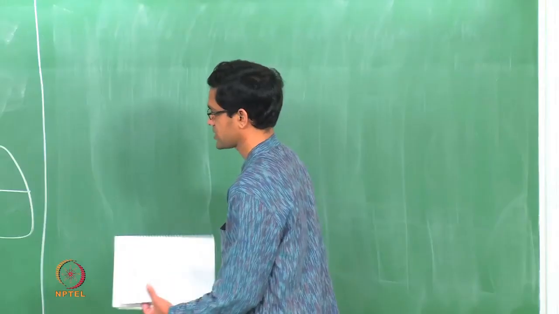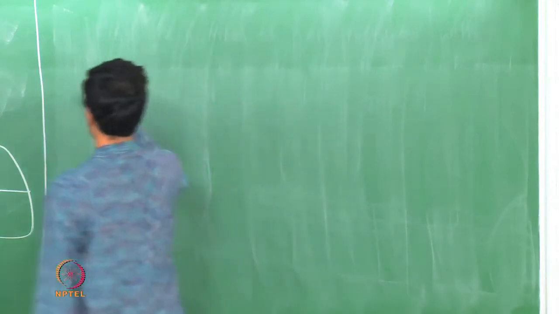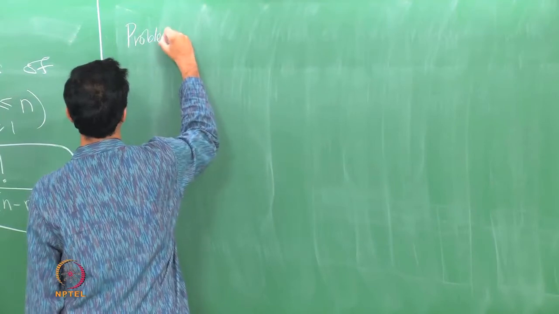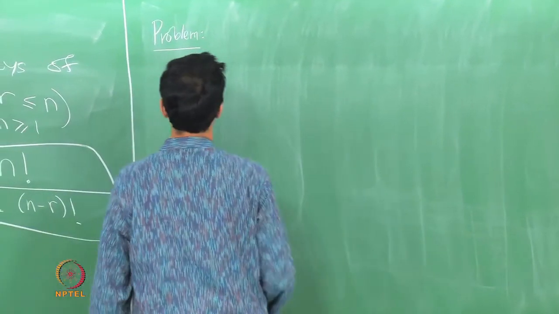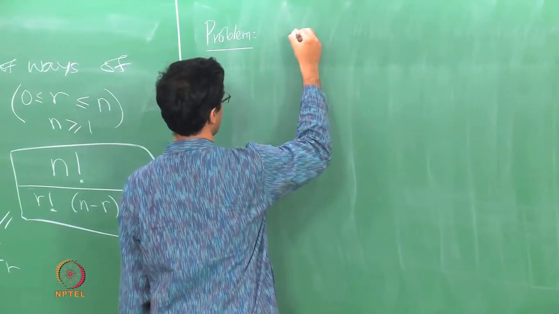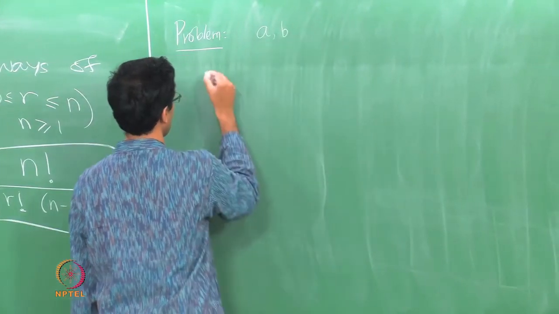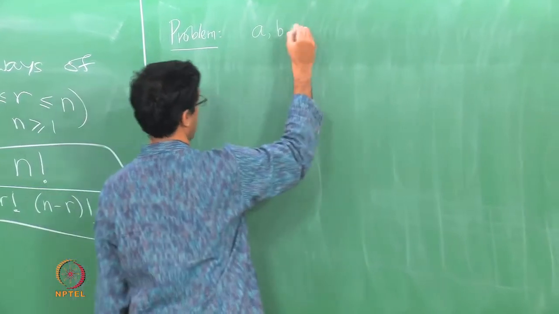So that is the number of combinations of R objects out of n objects. And again, just like I mentioned in the case of permutations, often there are other problems which are really problems of this nature in disguise. So here's another problem. You have, say, two alphabets A and B. Let's imagine I have two letters A and B, and what I want to do is to construct words of length n.